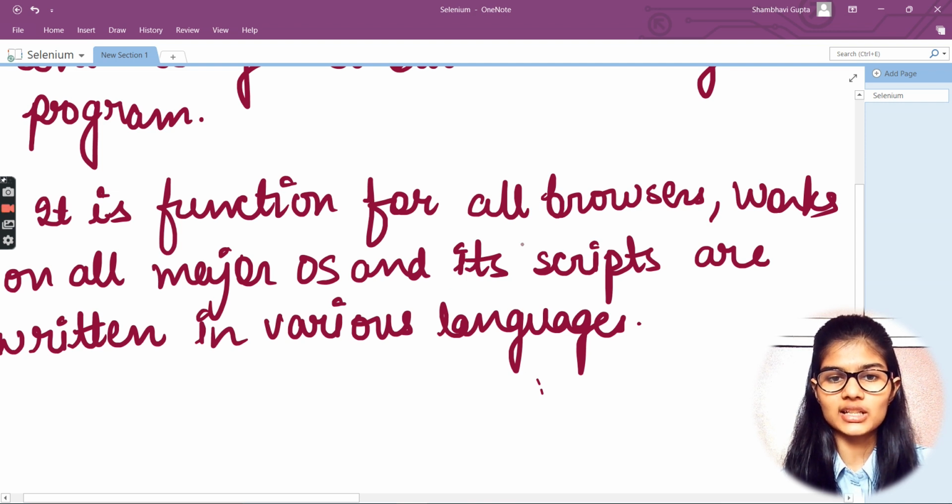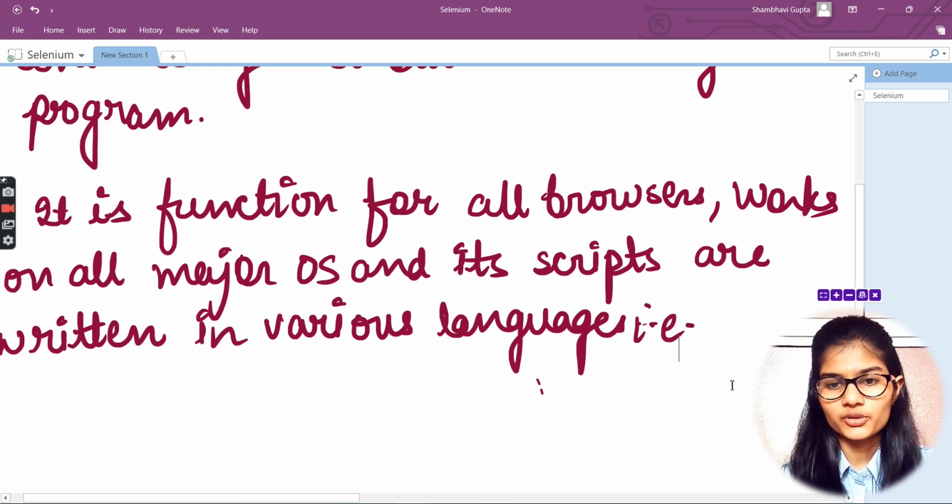Various languages means that you could use Python, JavaScript is also used. So it depends on what relevant language you know well and with which you could go ahead and do all these things.